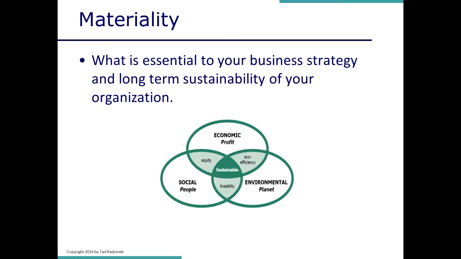So as you see here, we have this nice diagram of the triple bottom line. And ideally, when you're doing materiality, you're going to be looking at all three of these things. And you really want to get these things working well together, as you can see by the interconnected links here. When we do get things running really well, ultimately you're going to be in this position here where your organization's on the path to sustainability, becoming a greener organization, becoming a more robust and viable business, whatever your goals are,